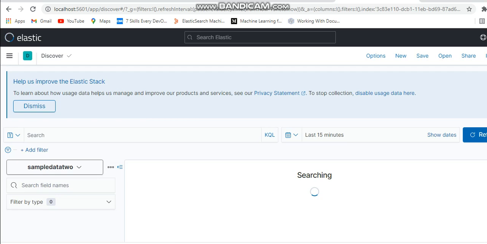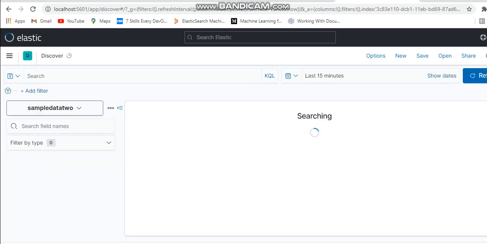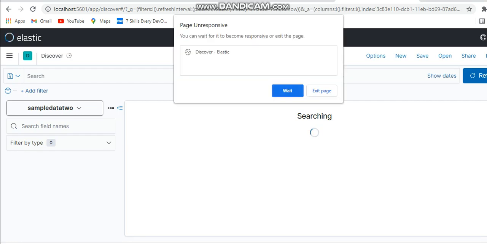So now it's searching the data index. It is taking some time. Guys, please be patient.